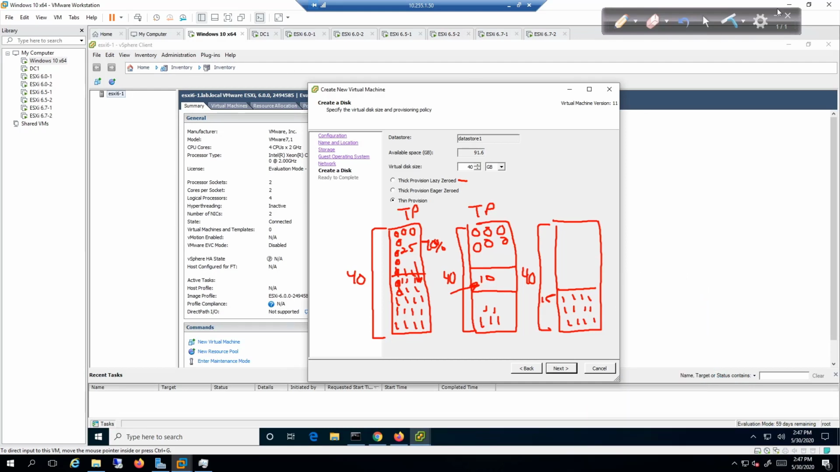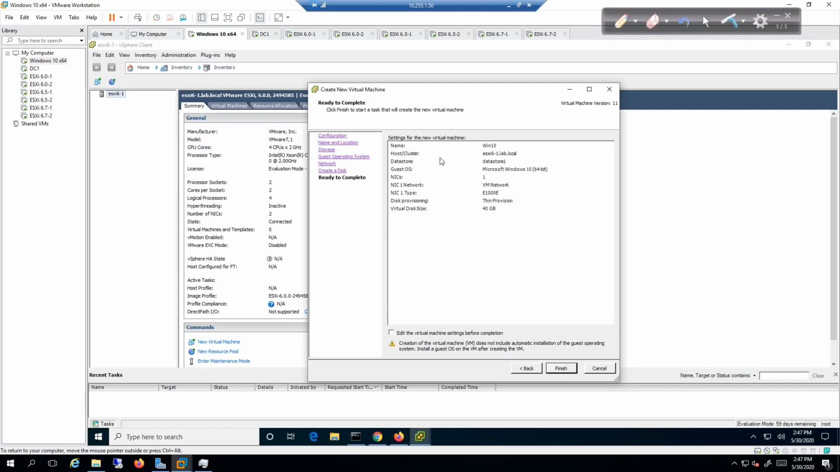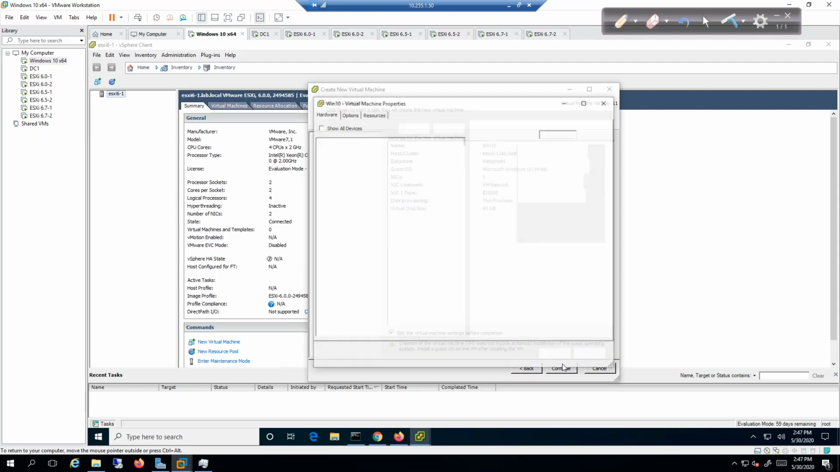With that being said, I'm going to go ahead and clear the screen, and I'm going to move forward. Next, we have a summary of what we're going to be doing, and you'll notice that there's an option to edit the virtual machine settings before completion. I'm actually going to check this, and I'm going to click on continue, and it's going to basically allow me